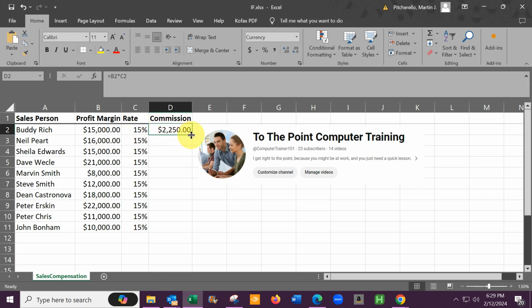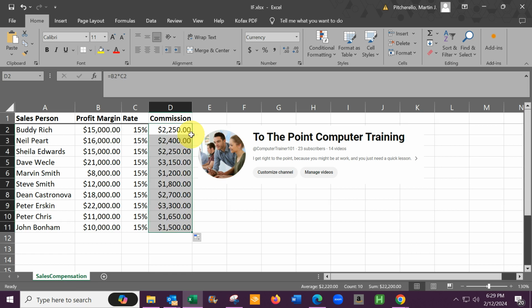And while I'm holding the shift key, if I move my mouse over the lower right hand corner of the cell, it becomes sort of a double parallel line with two arrows. By default, it just is one cross, like a black cross. Now, if I hold down shift, you see how it becomes double. Now, if I double click at this point, it fills everything down, basically copies this cell all the way down